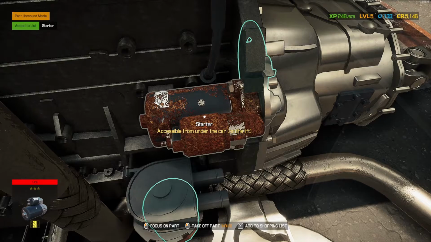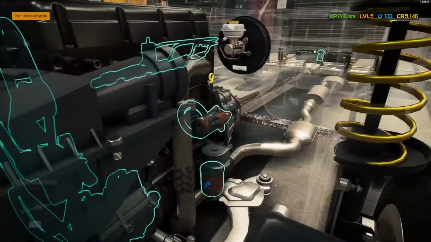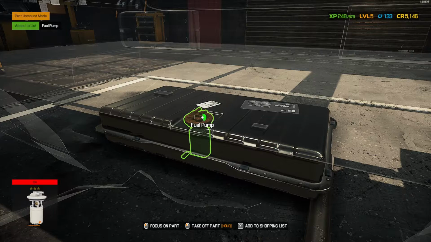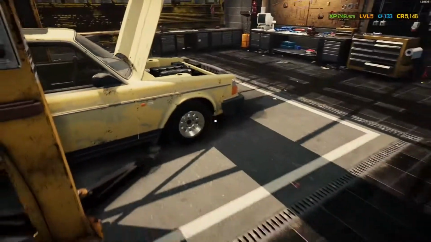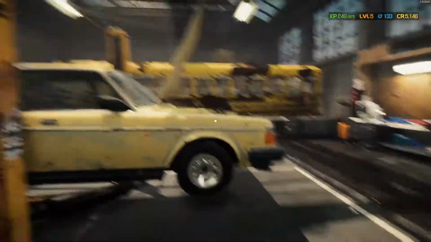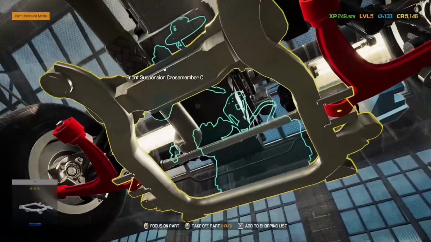We need a new starter. We have to get to that underneath. Get everything back here. Let's jump, or up here rather. See if we can't get this fuel pump. Yep, so we'll add that to the cart. And then we'll get this thing lifted into the sky. This thing's definitely seen better days. All right, so